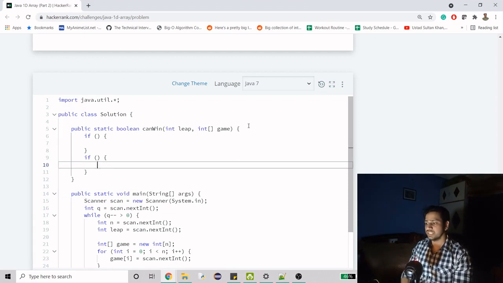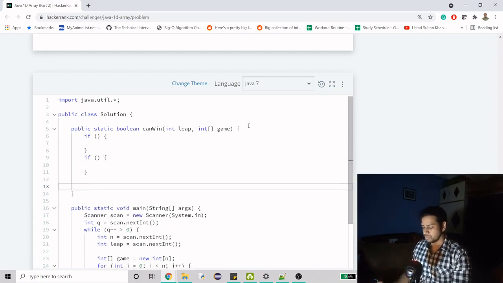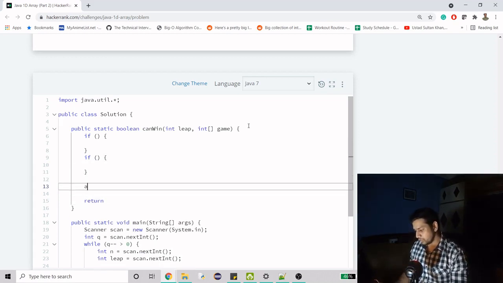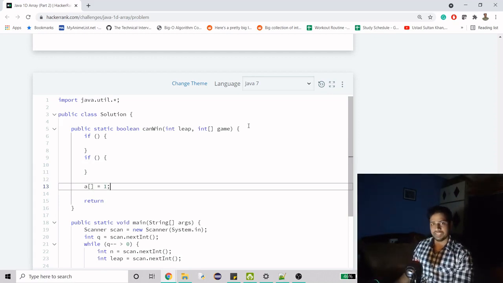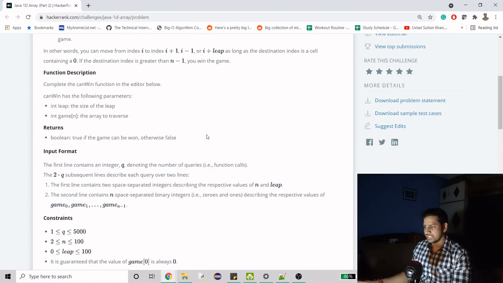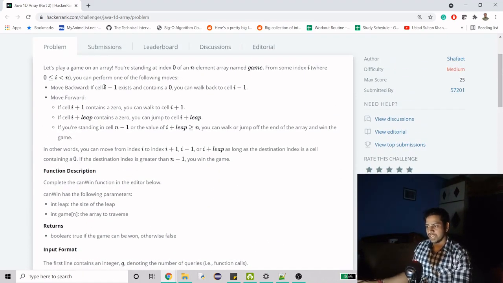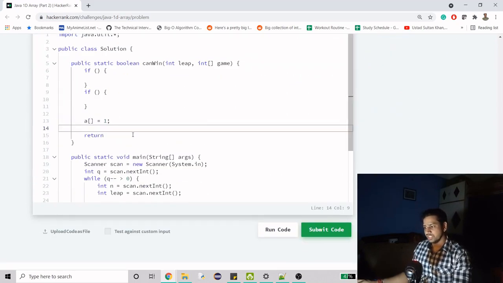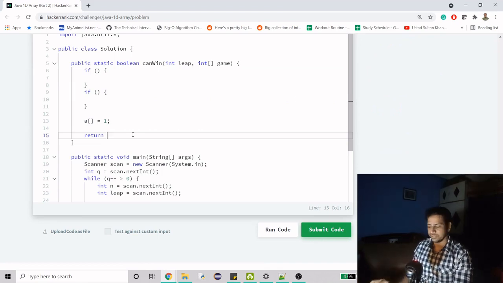And the third condition is your recursion, where we are going to do DFS, right? But we have to keep account of one thing, that we have to mark the visited element as one, right? These are the steps that we have to do. So here you can see that the possible combinations are like, we can either move backwards or forward one step, or we can leap plus, right? So we will write down each condition here, because that's why we are using DFS, right?